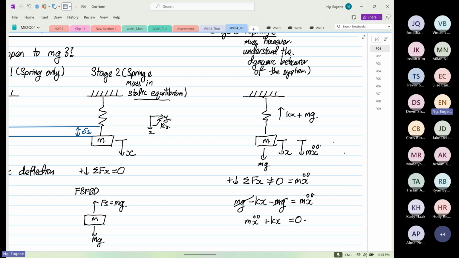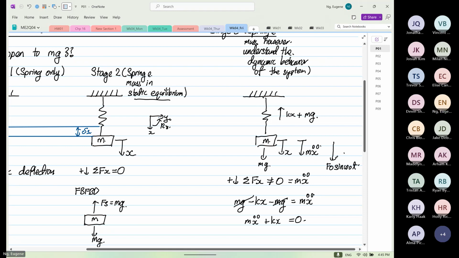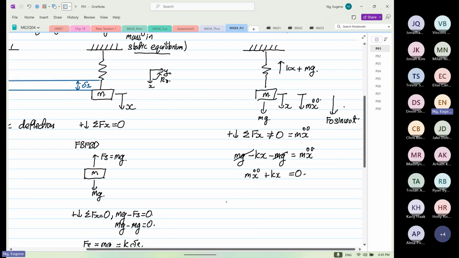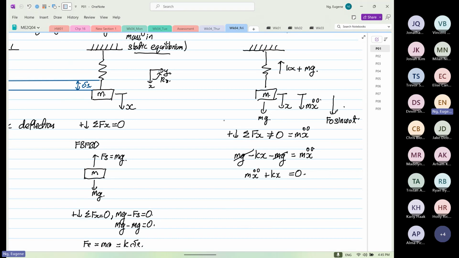If we have a force excitation, F naught sine omega naught t, then this is free vibration, and if this is forced,